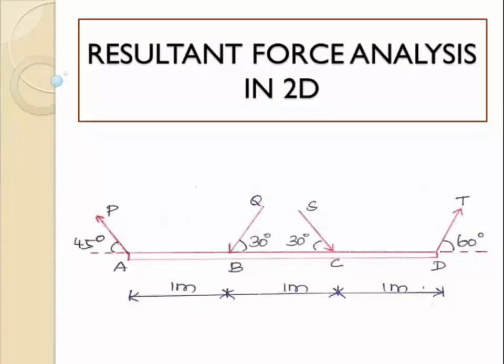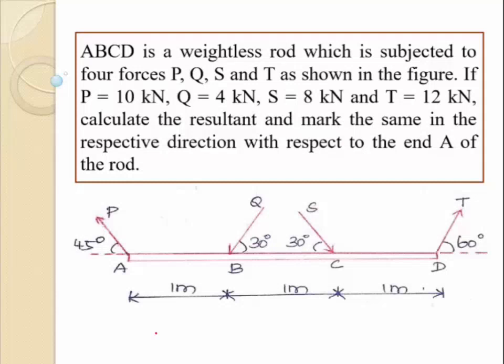How to calculate the resultant force of a system of forces in a two-dimensional case. Let us discuss with the problem. So here ABCD is a weightless rod which is subjected to four forces P, Q, S and T as shown